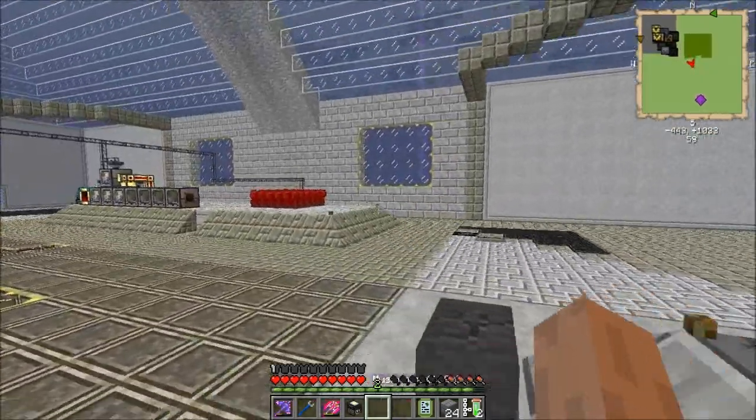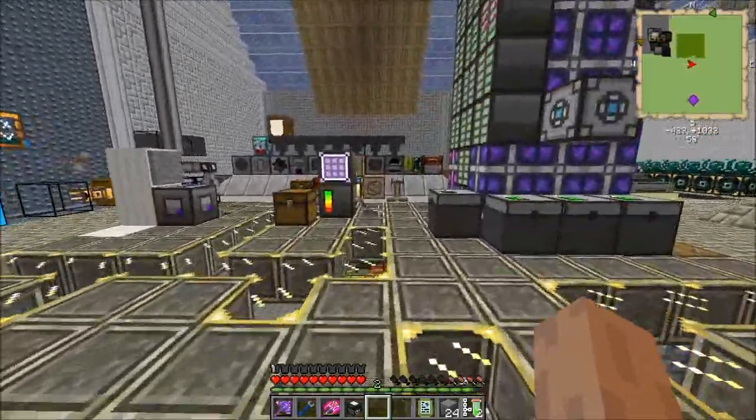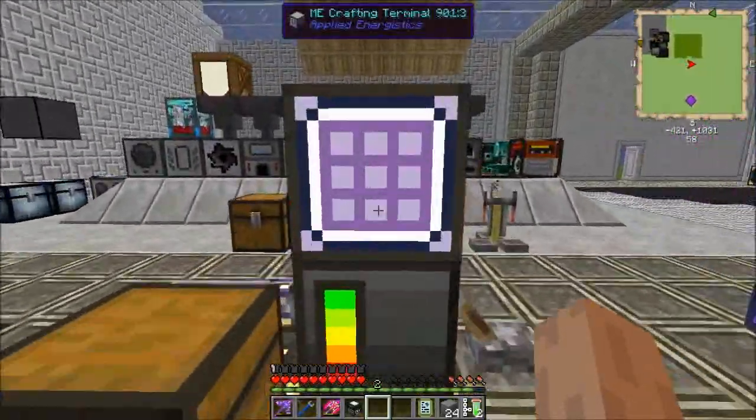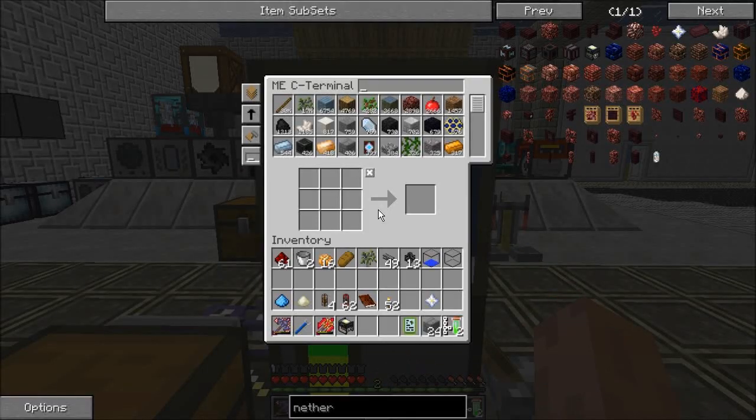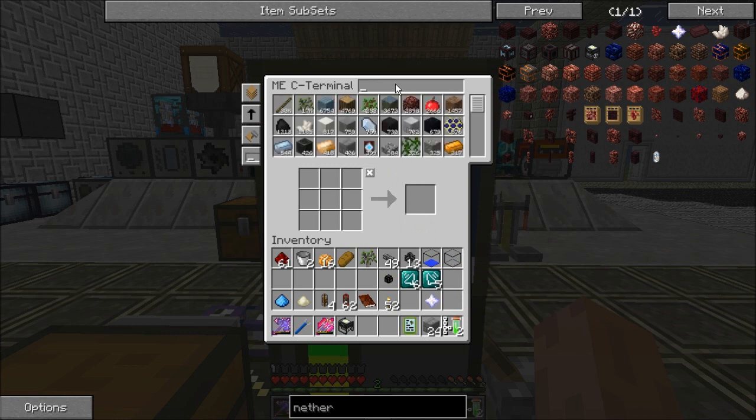Alright, now, the Nether Star produces dangerous amounts of power. We need a way to transfer that power safely. With the amount of power that this thing produces, I have an idea. We're going to get a transfer node, energy. And we're going to get ender receptors and ender transmitters. Alright? What we're going to do here,